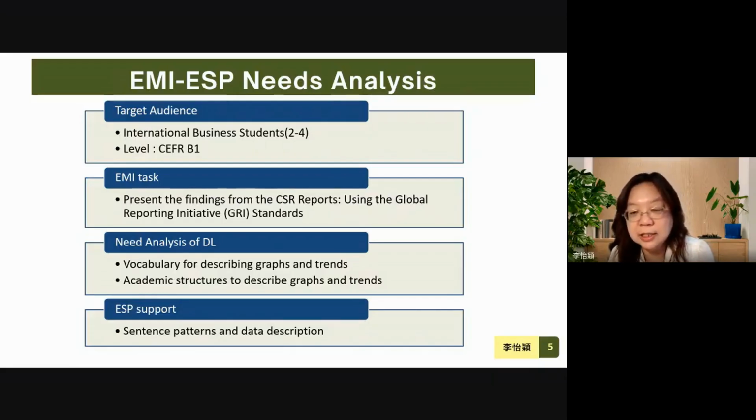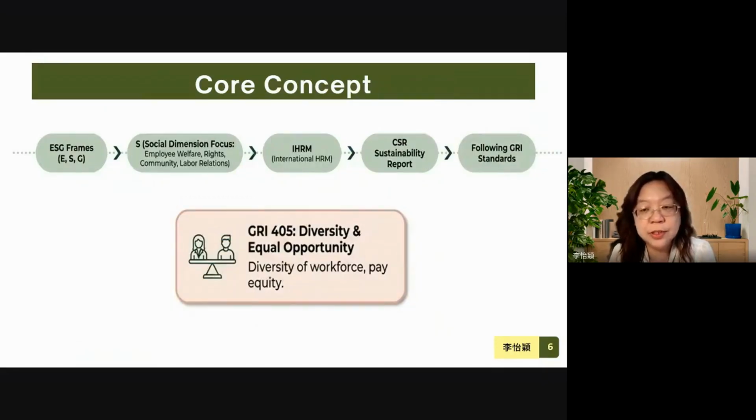The needs analysis of disciplinary language includes vocabulary for describing graphs and trends, and academic structure to describe graphs and trends. To address this, we provide ESP support through sentence patterns and data description. In this unit, we focus on ESG as a global trend. Among the 3 ESG dimensions, the social aspect is particularly important, and human resource management plays a key role in it. We guide students to describe how